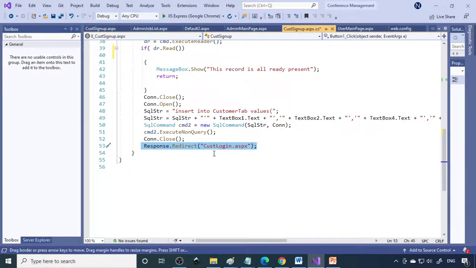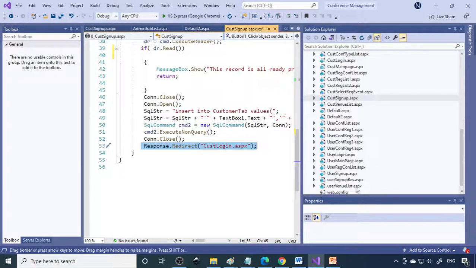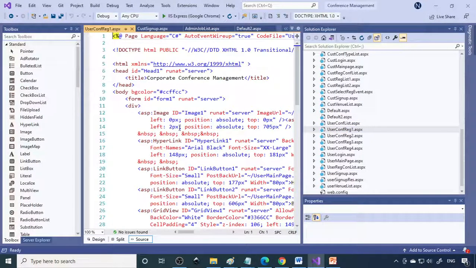So you can send the user back to the customer login dot aspx file. Please watch the videos on how to make these projects step by step, learn them, and then, as you have already seen the design of every page, you write on this design and then try to do this. Okay, thank you.